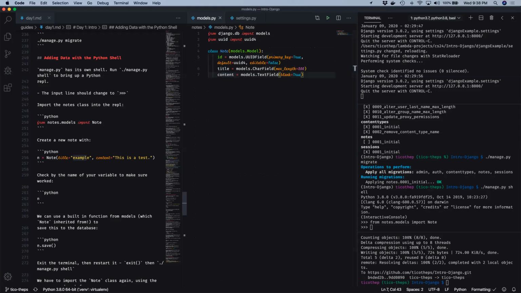So as you can see over here in the example they give you, they're telling you to create a new note with this command right here. So you literally just have to copy and paste. So we'll copy it. We'll come over here to the Python REPL that we made earlier. Command V, right? So read this again. N equals Note, capital N, right? Which says, bring me that template. And then we're passing in